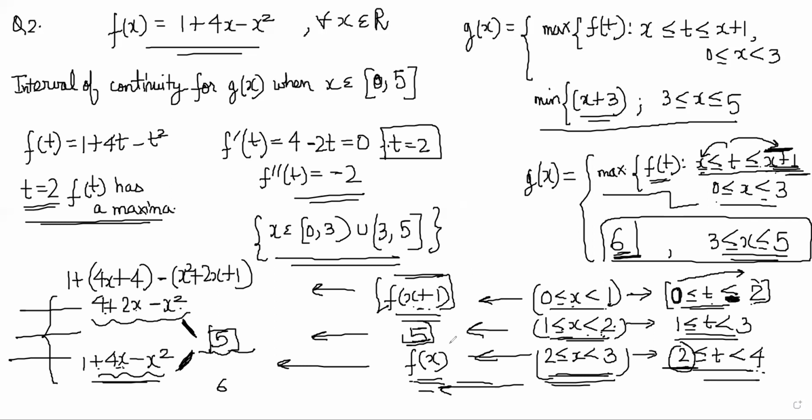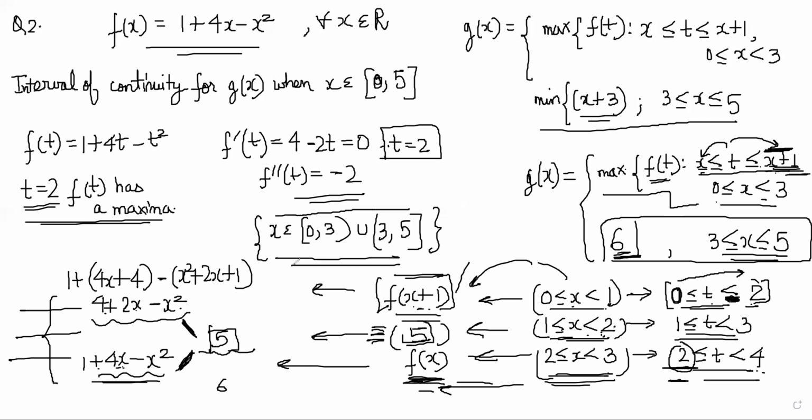Why are we putting the value here and writing f of x plus 1 here? Because here it cannot equal that value. It is less than 2 here, right? So technically you don't know the value there. It can be as high as whatever f of x plus 1 can be. And here also it cannot equal it. It can equal it only in this middle portion. So once you get the definition of g, it is easy to check continuity of g, and then you know that interval of continuity will be this one.